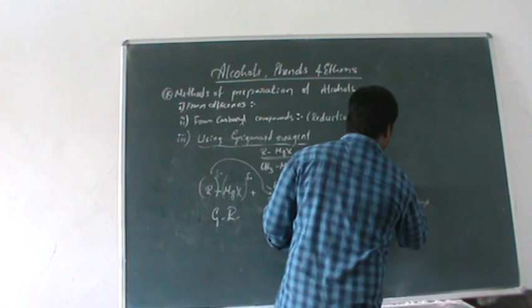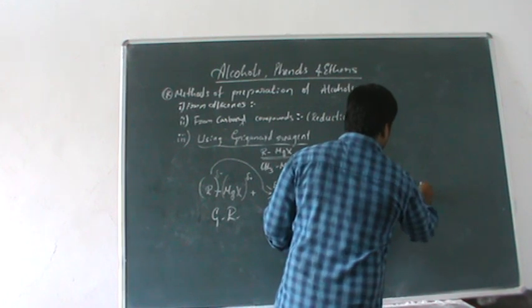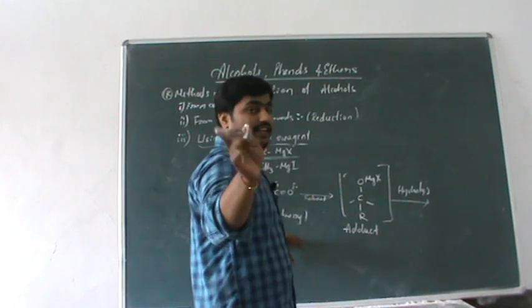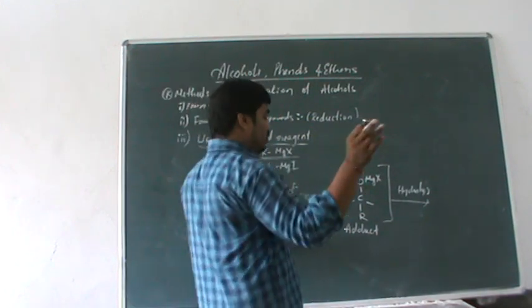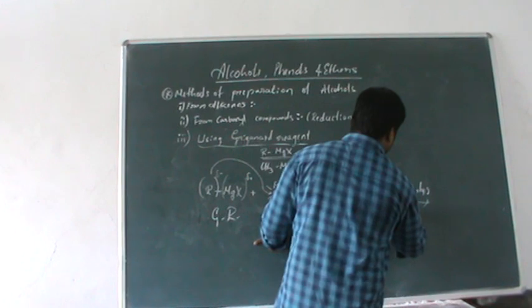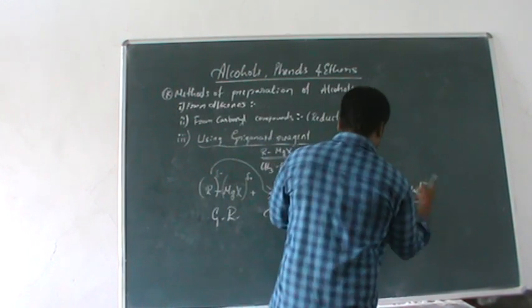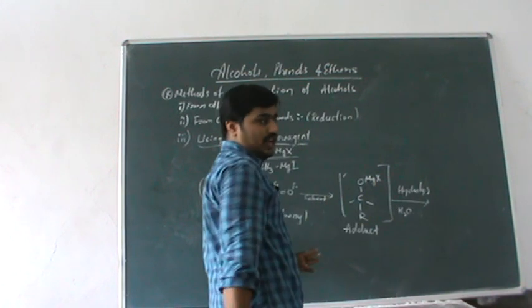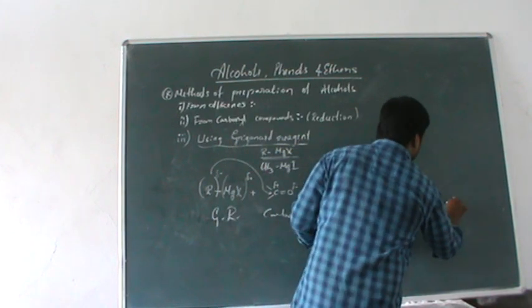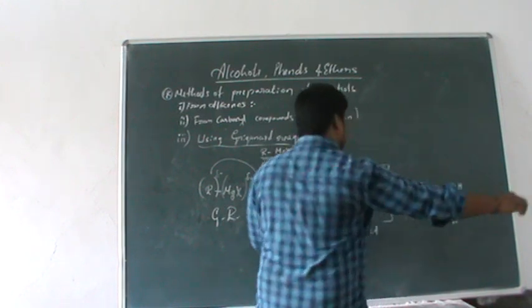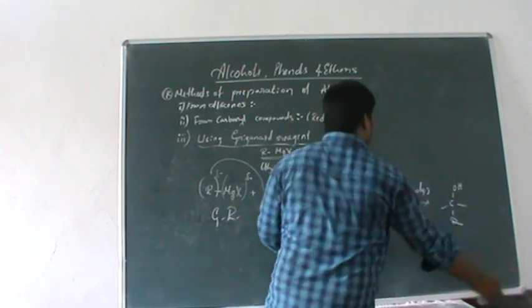And on hydrolysis, acid catalyzed hydrolysis may take place. Not hydration, it is hydrolysis. In hydrolysis, what happens? Water is added. Okay, water surrounds it and it gets converted. This adduct is unstable and gives a stable compound. This is the stable compound, alcohol.